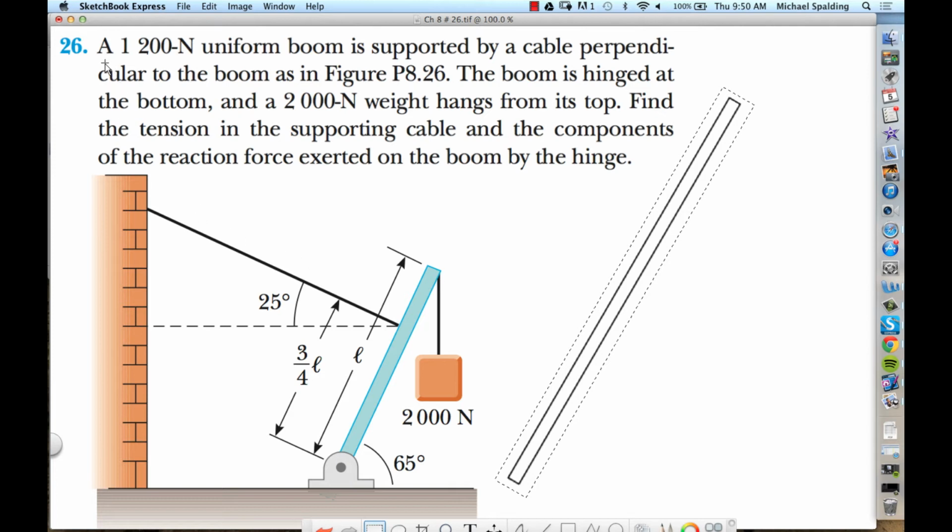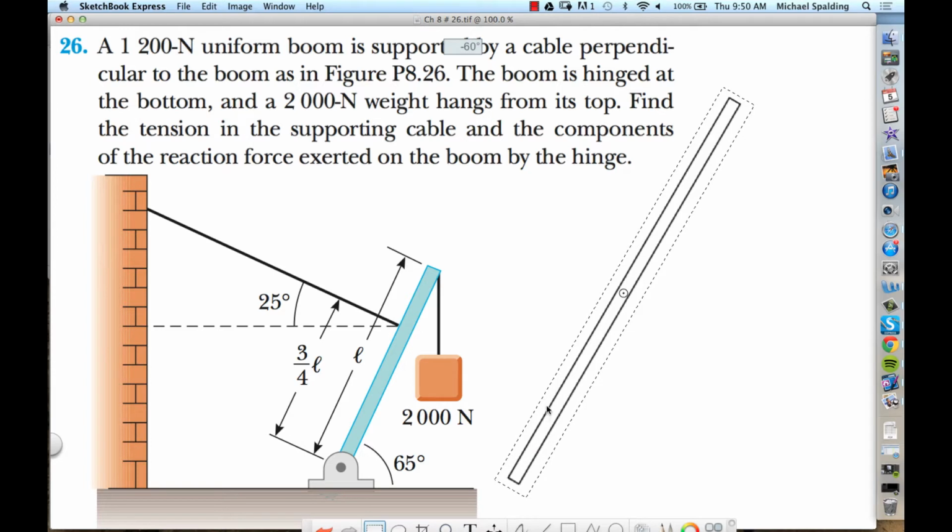All right, guys, number 26. So here's the situation. I'm going to delete a lot of it. I'm going to take the text away and the picture away because I'm going to need a lot of room to solve this. So basically, this problem starts out by doing a free body diagram for this, they call it